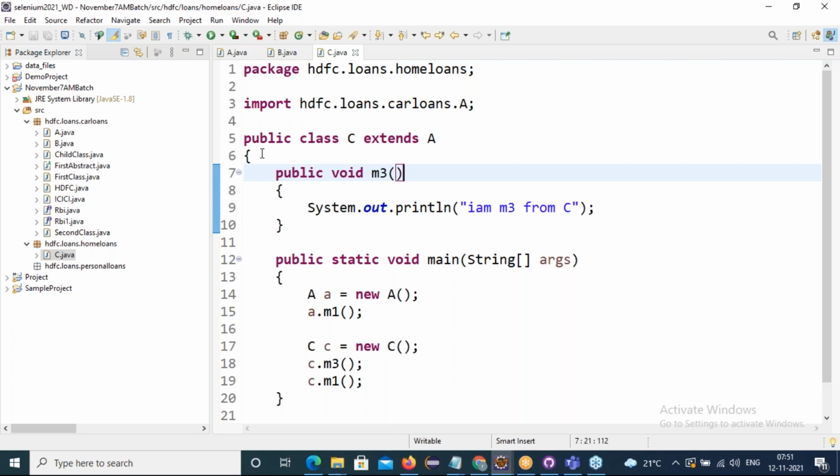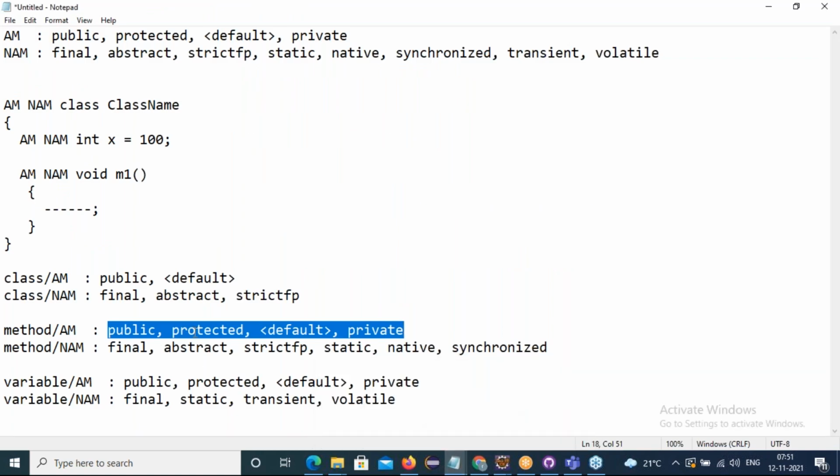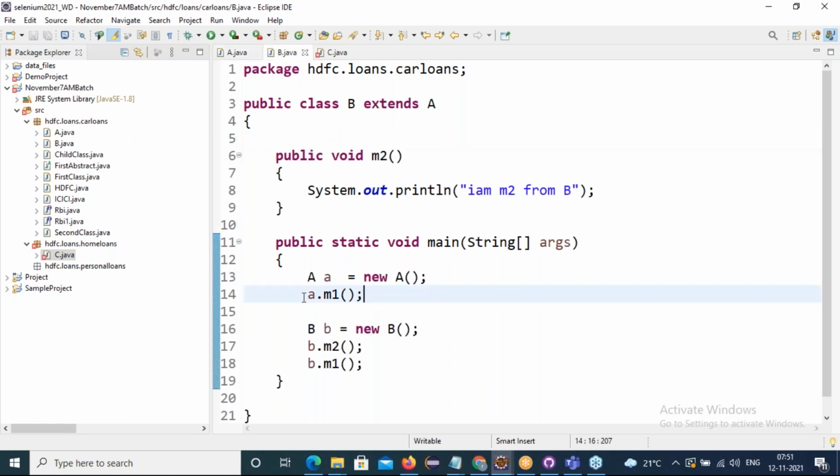Now we are talking about access modifiers, default and public. We have done with default and public. Friends, if the method does not have any access modifier, the scope is that we can access it only within the package classes, with parent reference and child reference.